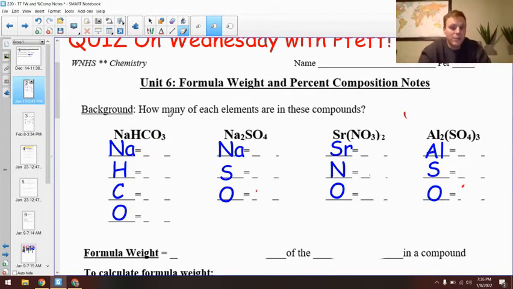You should be able to name all these already, okay, because of the blue polyatomic ion sheet. So this guy, NaHCO3,